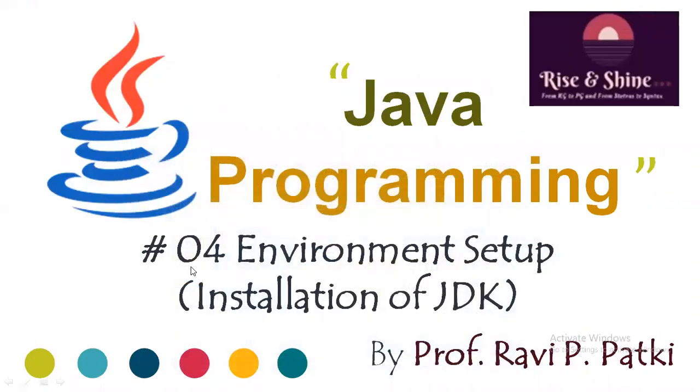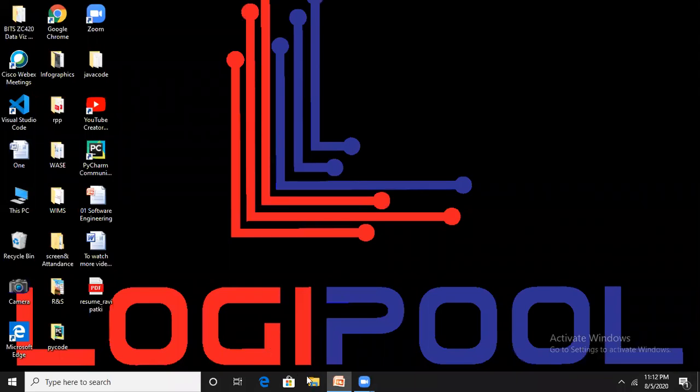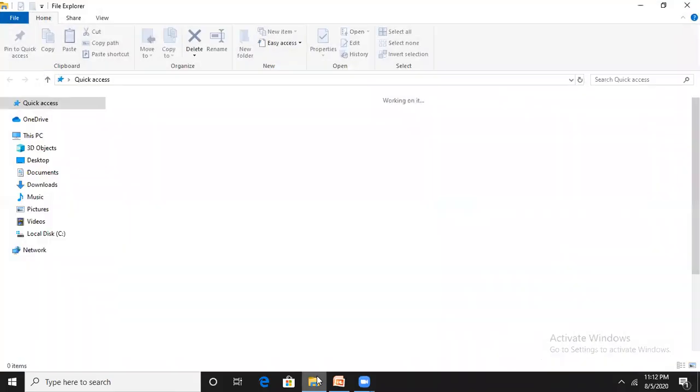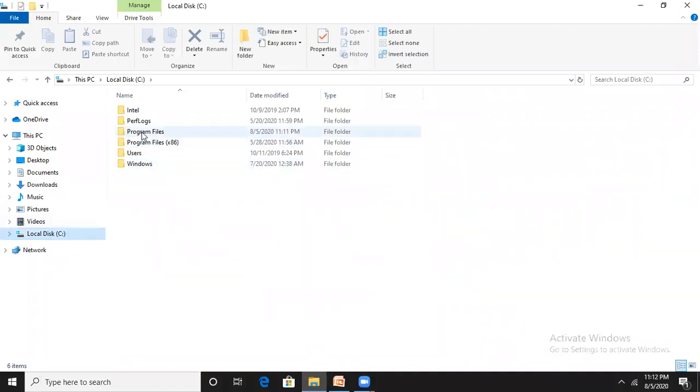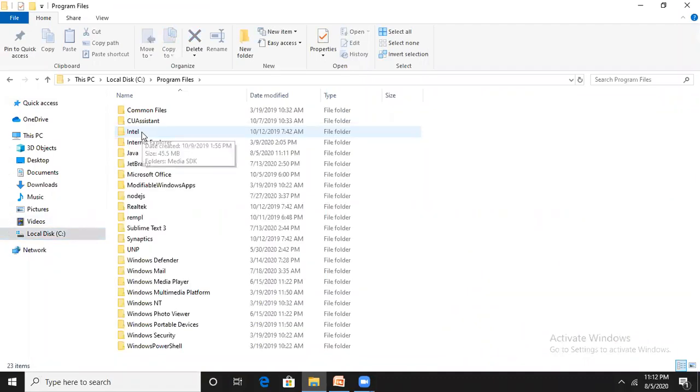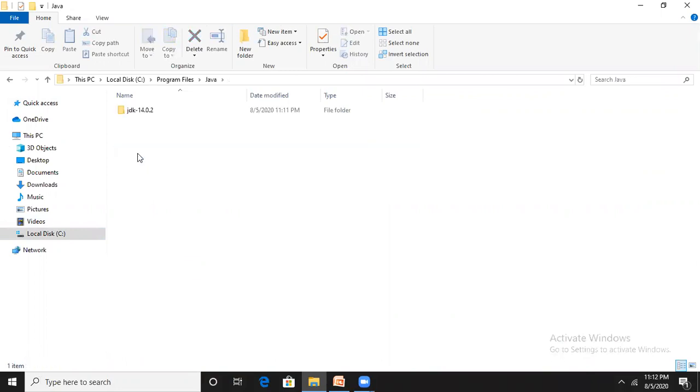Simply go to the path where Java is installed: C:, Program Files, and see here one Java folder. Double click on it, JDK 14.0.2, one more folder.